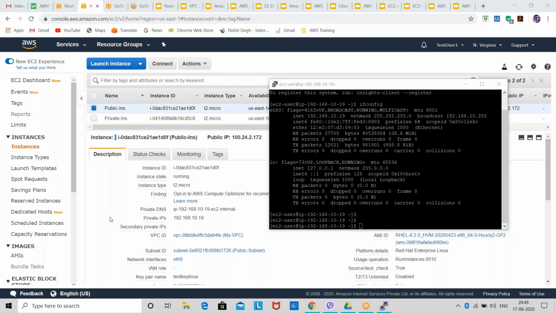Yeah, we'll go on to NAT gateway, but before that, let me know, are you clear till now? Any doubts till now? Because this is a bit confusing topic, that's why I'm asking each and every time.